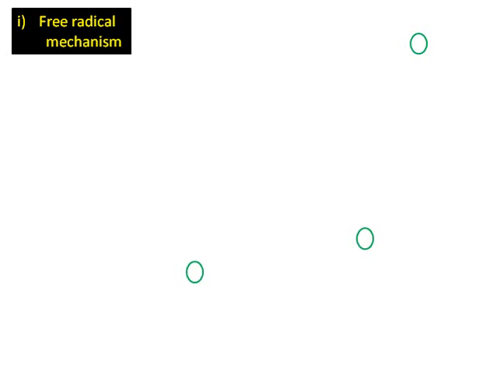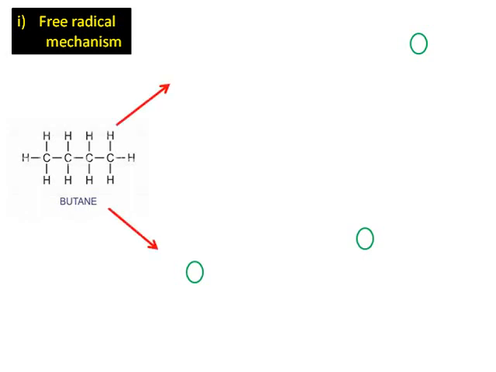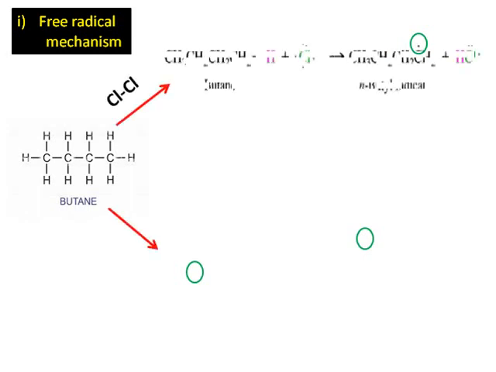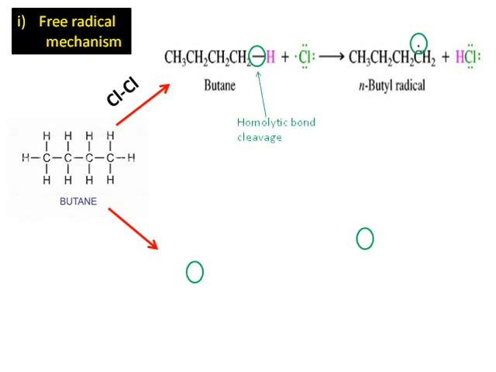So this free radical mechanism is used to produce the alkyl halides from hydrocarbon. Here we have taken butane molecule, and from butane we get different types of alkyl halide. First, chlorine is added to butane, and in this reaction the carbon-hydrogen bond of butane will undergo homolytic bond cleavage,